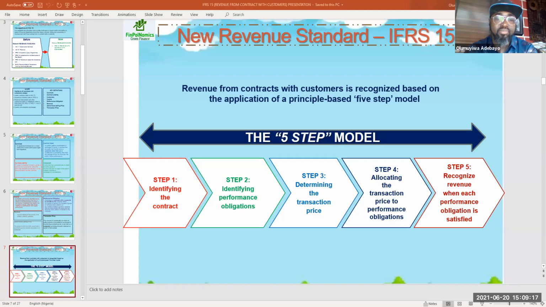Furthermore, this session will also go into unique areas of revenue recognition based on certain transaction types, and probably those types are industry-based. We'll look at all of those,